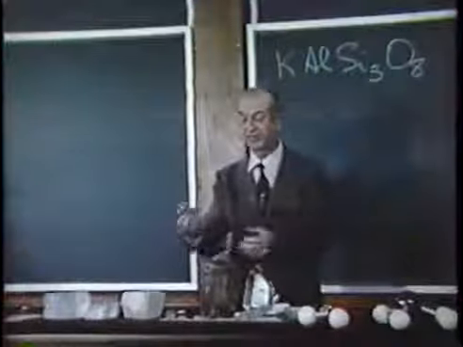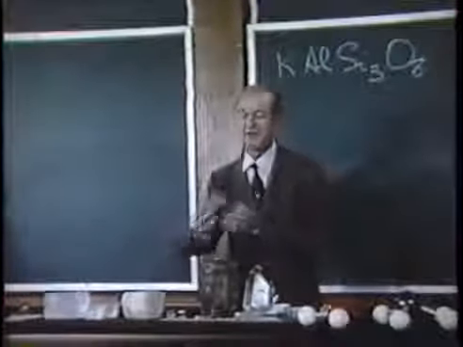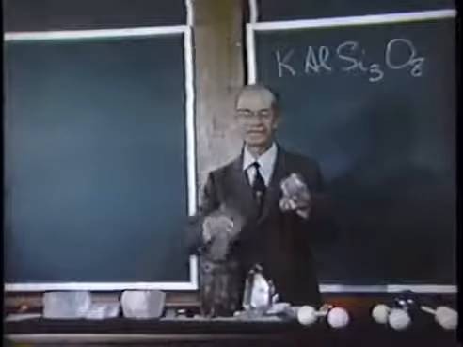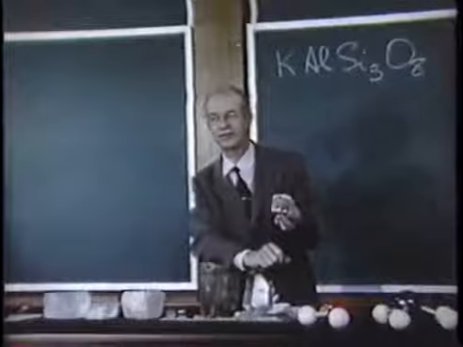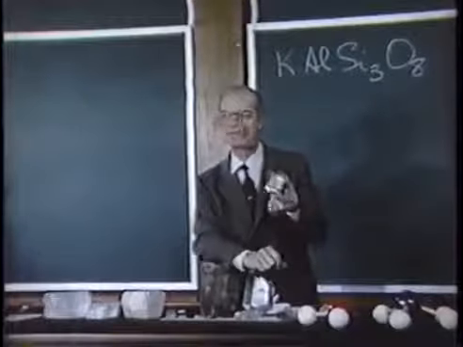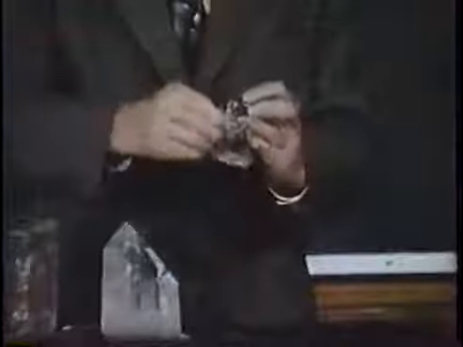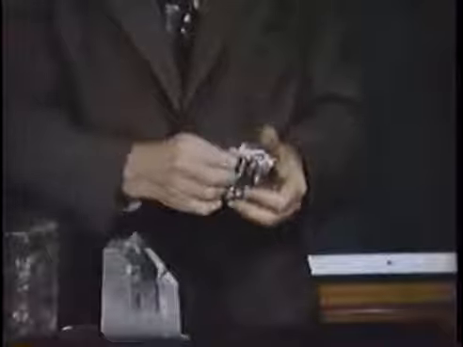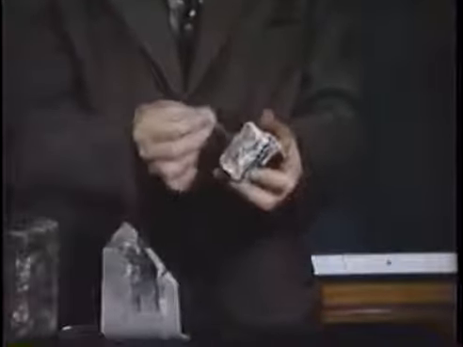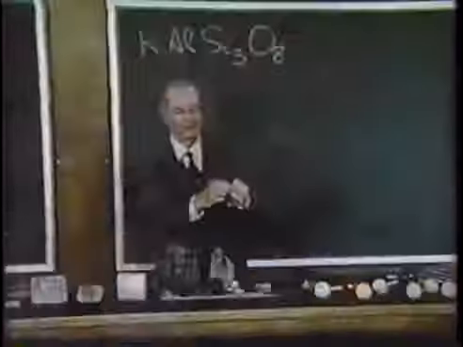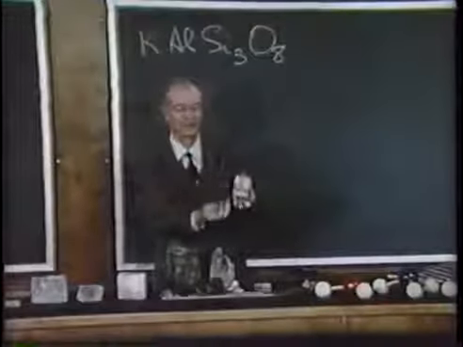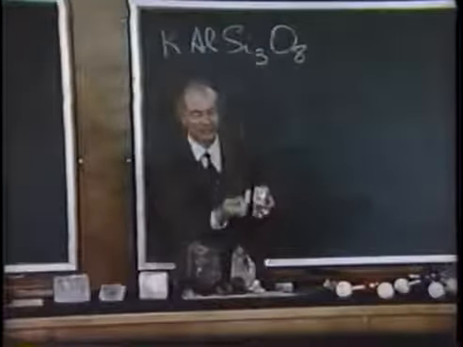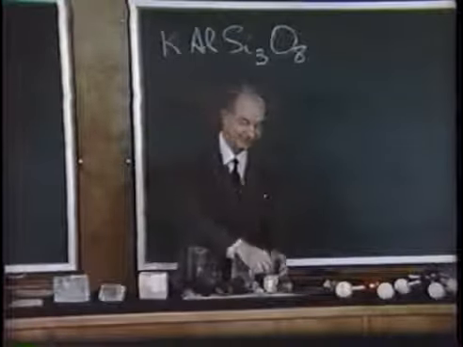Another example of a silicate with different properties is provided by asbestos. This is a hard rock. It has nearly the same composition as the feldspar, Mg3Si2O5(OH)4. If I take hold of this rock, I can pull it apart into minute, very thin fibers. The reason for this, of course, is that the atoms are arranged along in long lines, bonded together just along the one axis in the crystal.